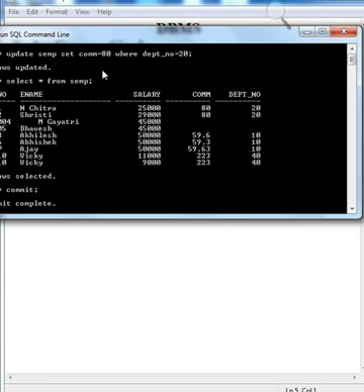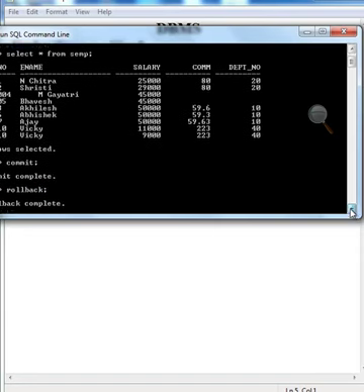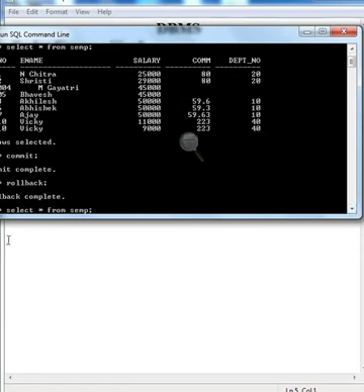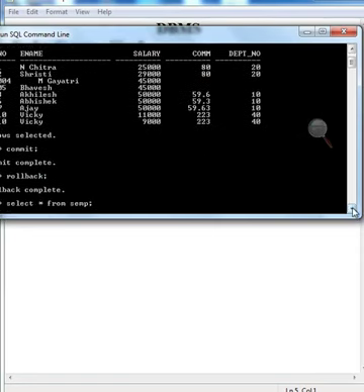To avoid that, to come out of Oracle we use the exit command. So when we close the application through the cross button, rollback is called automatically, but when we close it through the exit command, the commit command is called automatically.